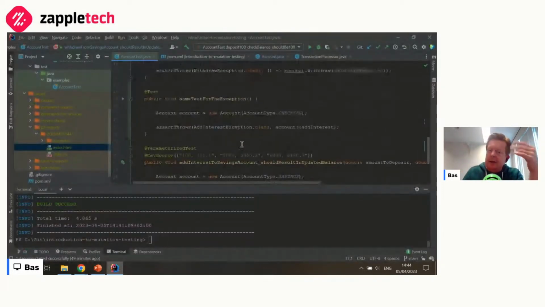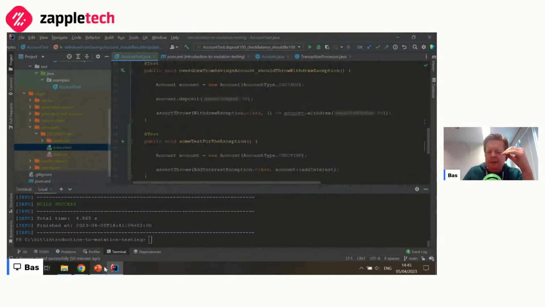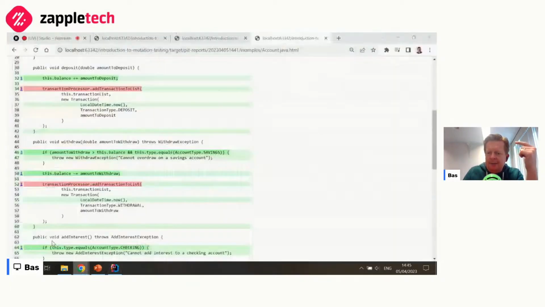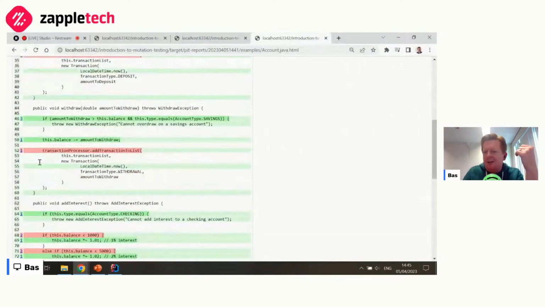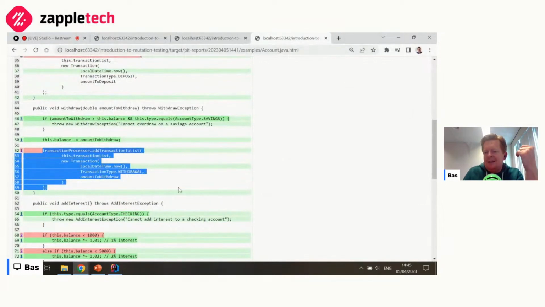And in this example, our tests don't. If you look at the code in a little bit more detail, again, that's homework for you, you'll see that at no point does any of these tests check whether this transaction that we performed, this deposit or this withdrawal, actually ends up in the transaction list.